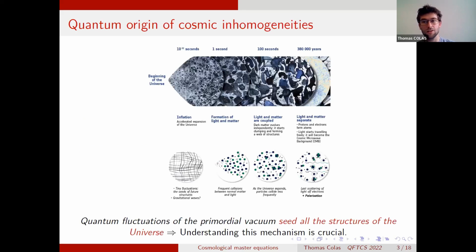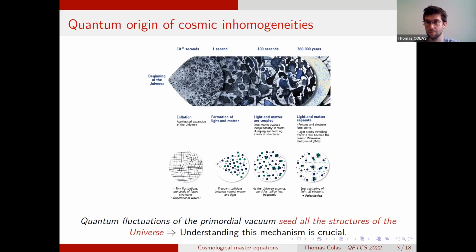To my mind, one of the most striking features of the standard model of cosmology is the ability to trace back the origin of all the structures we observe in the universe today, such as galaxies, clusters of galaxies, or the temperature anisotropies of the cosmic microwave background, to quantum fluctuations of the primordial vacuum that are stretched by the expansion of the universe during this period called inflation. It means that if we want to understand structure formation in cosmology, we need to master our understanding of quantum